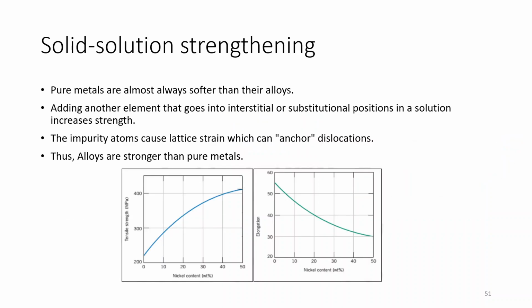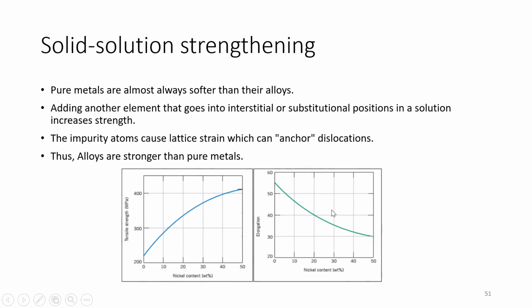Next, you have solid solution strengthening. In this case, pure metals are almost always softer than their alloys. Adding another element that goes into interstitial or substitutional positions in a solution increases strength. The impurity atoms cause lattice strain which can anchor dislocations. Those alloys are stronger than the pure metals. For copper nickel, you can see as you keep on increasing the amount of nickel, tensile strength increases